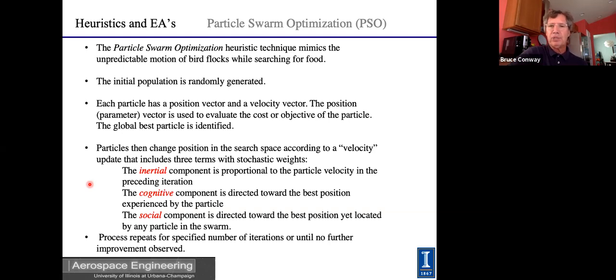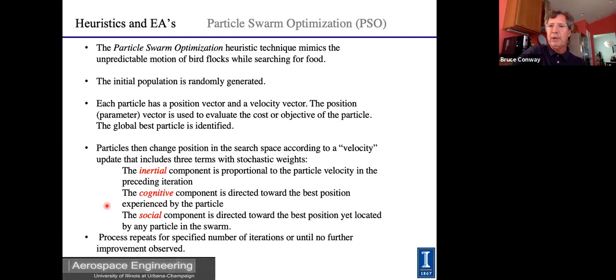They take a step, it's referred to as the velocity, but it's really a displacement. They move with a vector that's the sum of 3, it's a linear combination of 3 vectors. The first is the so-called inertial component, which means take a step in the direction that you were moving at the last step. The second is called the cognitive component, which says move towards the best position that you